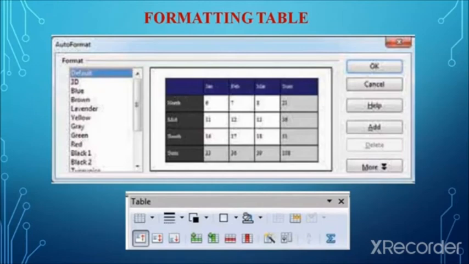And these are the icons which are available in the table formatting toolbar. You can see the first one is inserting the table. As said, you will have a down-headed arrow. By clicking that, you can select the number of rows. And next one is the border style, so how the border should be. And next one is the color layout of the table. All these things can be selected from the table formatting toolbar.